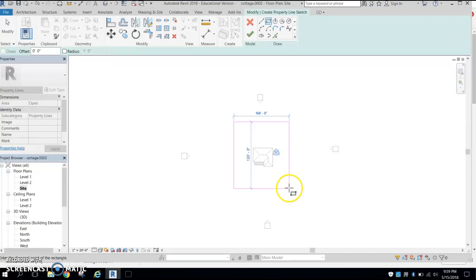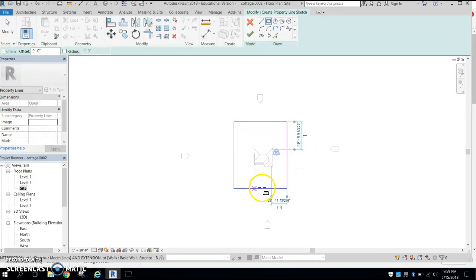100 by 120. That should be good. Now, for your assignment, I am not looking for an exact space there, but we do need a yard roughly about that size, about 100 feet by 120 feet. When I'm done, I'm going to click the check mark here,